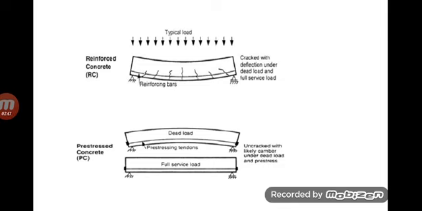So actually the pre-stressing concept is externally applying the pre-stressing force so that we are inducing internal compressive force. It will nullify the force which is coming due to external dead load and live load. So this is the main concept. Why we are doing this is because concrete is weak in tension. So ultimately we are going to reduce that tensile stress in the reinforced concrete members. That is the main concept of the pre-stressing force or pre-stressed concrete members.